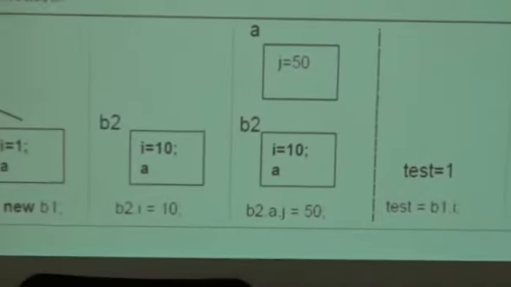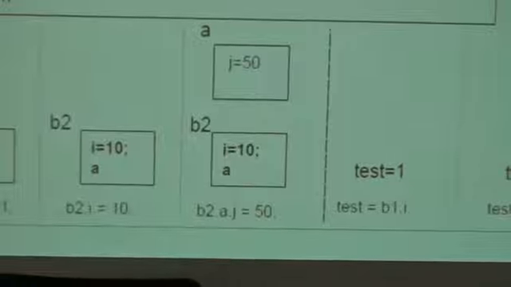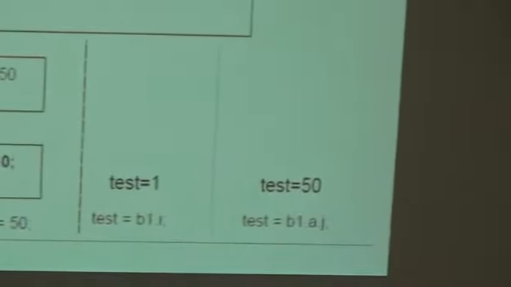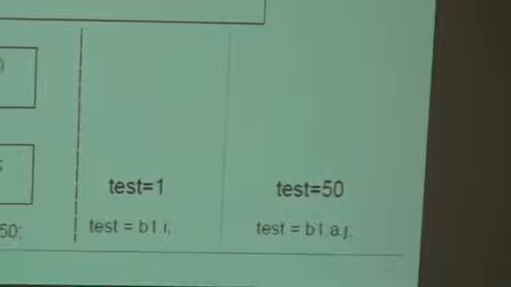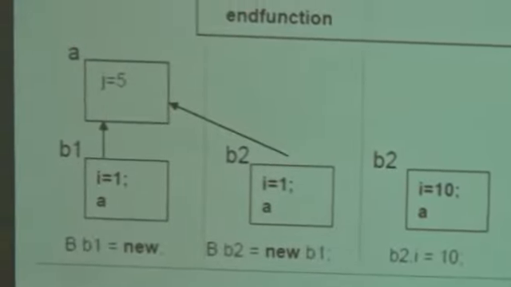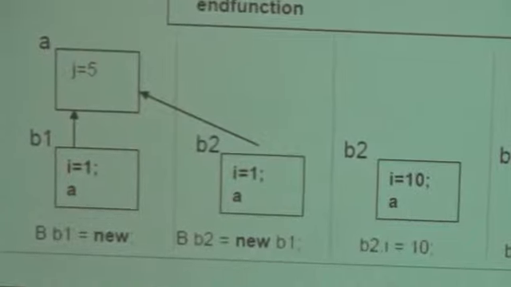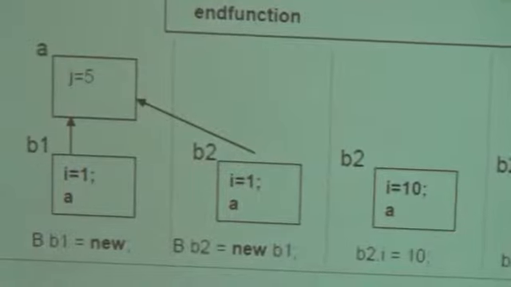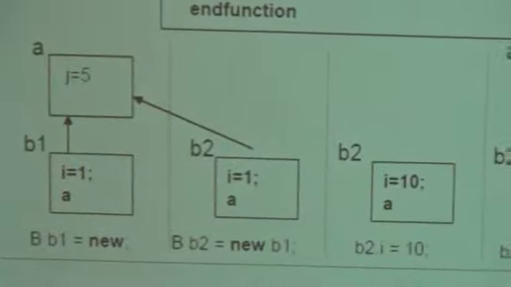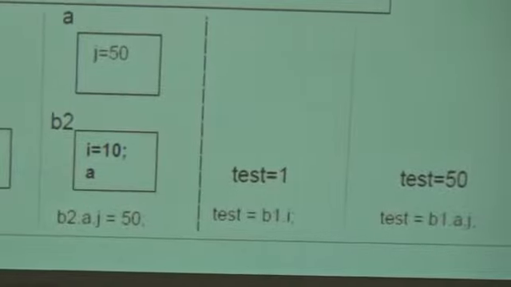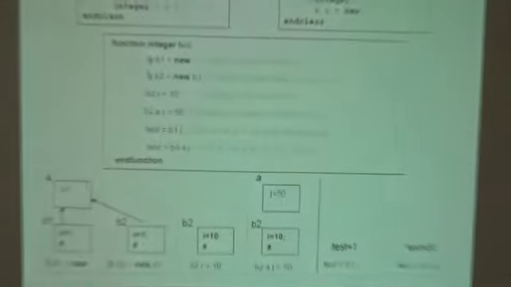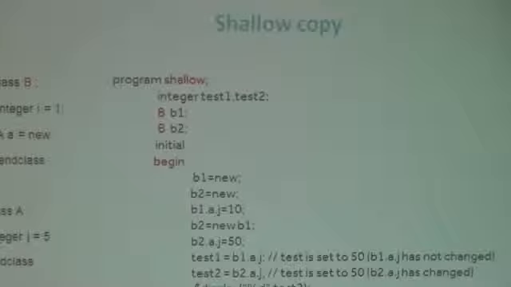At the same time, if you have seen here, I updated the value of j to 15 through b2.a.j, but I did not update b1.a.j. Now we will check the value of b1.a.j. Unexpectedly, we get b1.a.j equal to 50, but a.j was not updated by b1; it was updated by b2. Since both share the common object, the updation of a value in a has its effect on the other. This is the shallow copy. Next, we will see it with the program execution completely in my next slide.